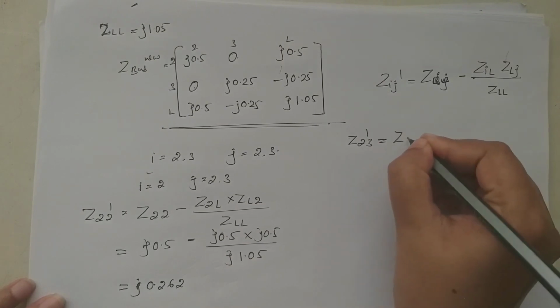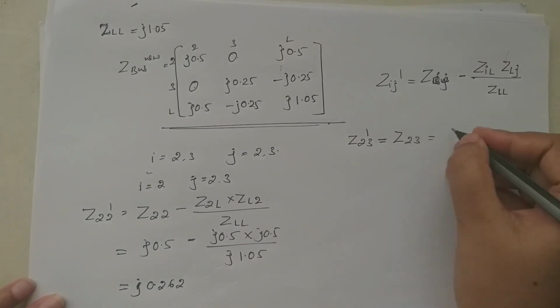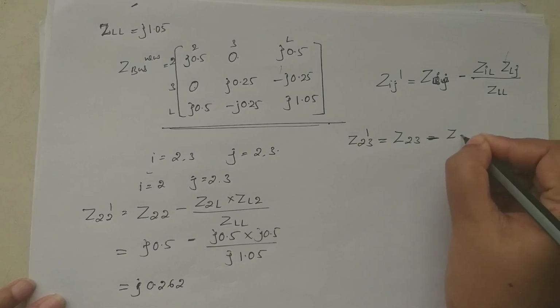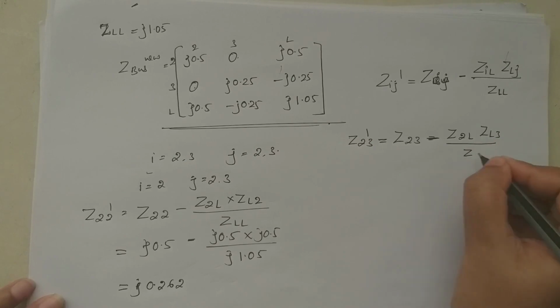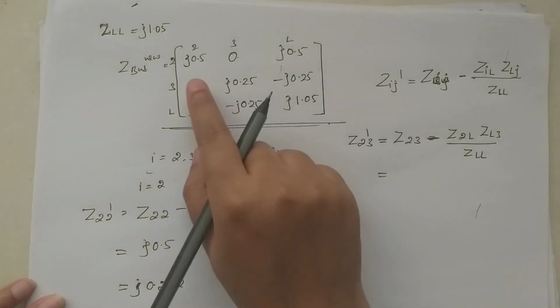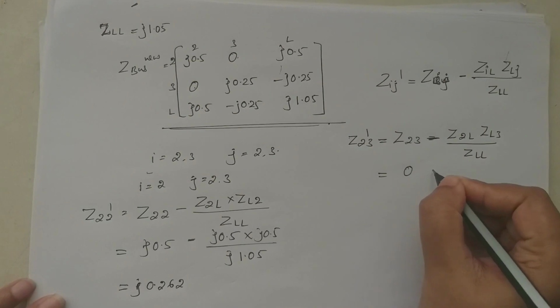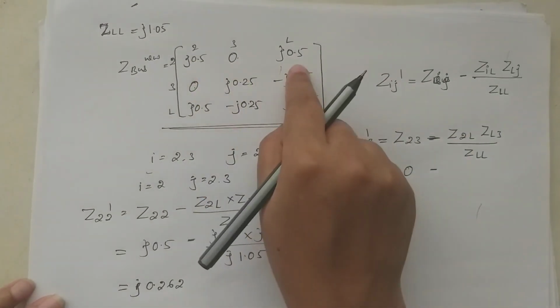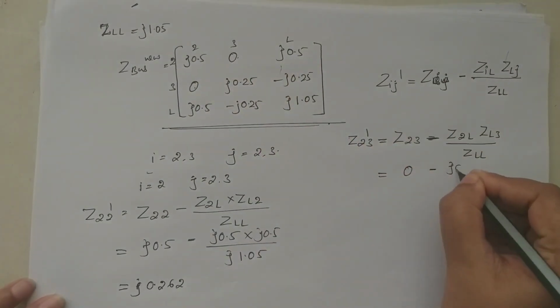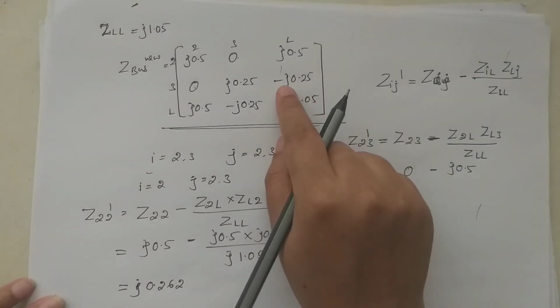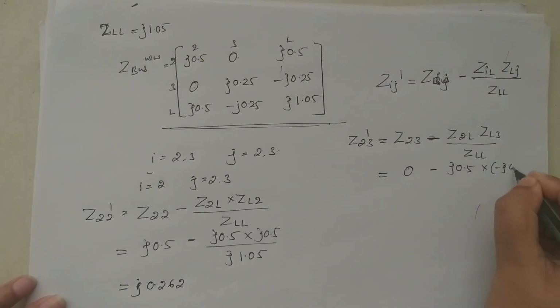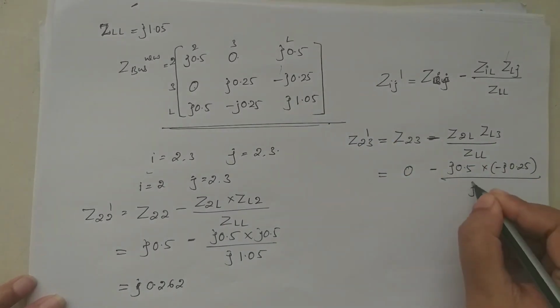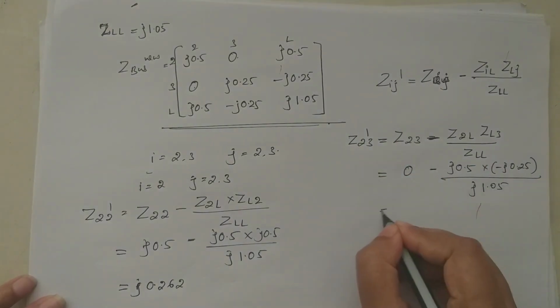Z23 dash is equal to Z23 minus Z2L into ZL3 divided by ZLL. Z23 is 0, minus Z2L which is j.5, into ZL3 which is minus j.25, divided by ZLL, j1.05. The answer is